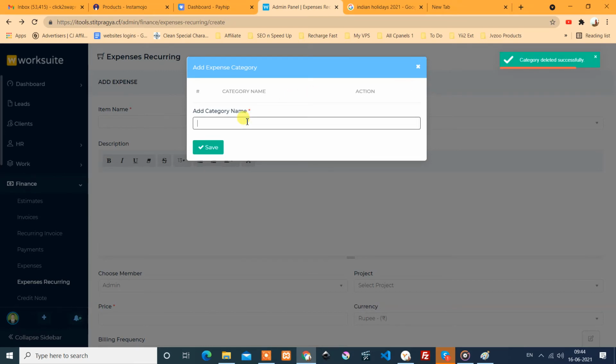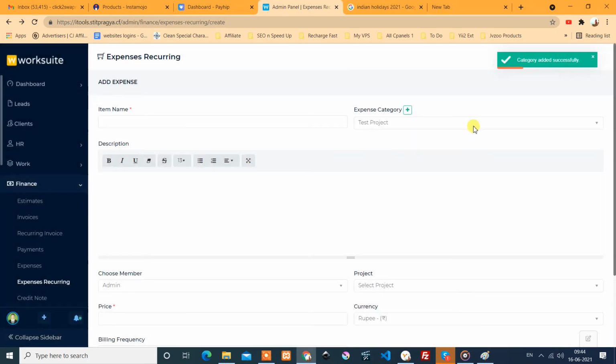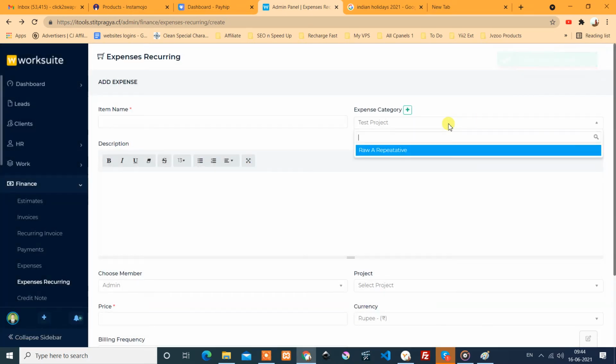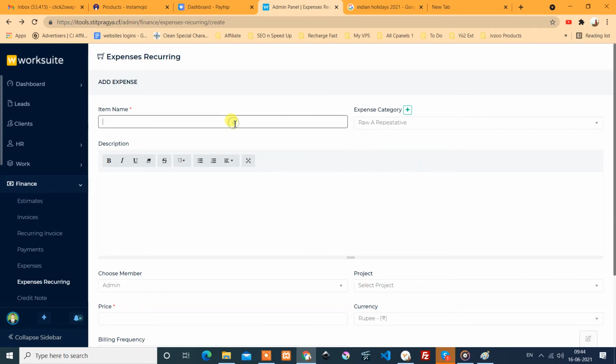Let's say it is a raw A expense, raw A repetitive. This is the raw A repetitive. I say it's raw A. So some description.